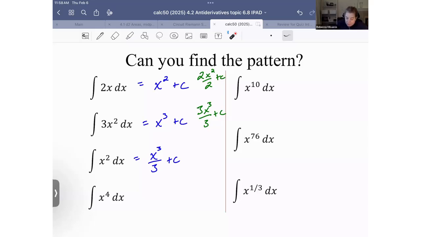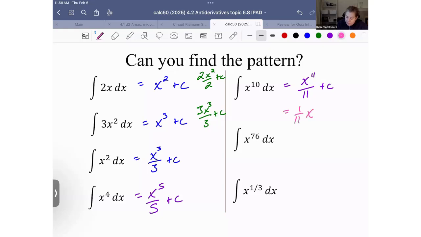Okay, so for the next one, you should have gotten x to the 5th divided by 5 plus c. This one would be x to the 11th divided by 11 plus c. I should also point out that you could have called that 1/11th times x to the 11th plus c. It's the same thing. Then the next one is x to the 77th power divided by 77 plus c. And the next one,